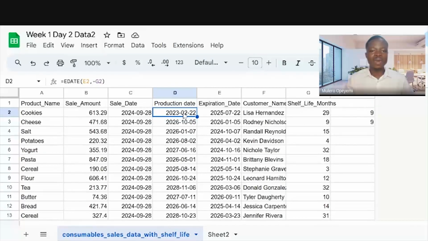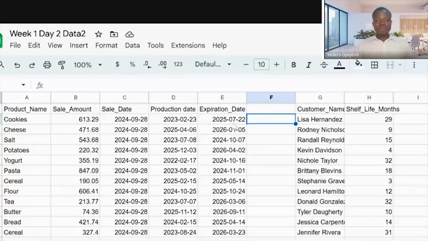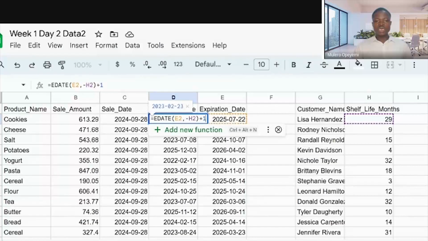It has to be a day earlier. But looking at the formula we just inputted, it's showing 22nd and 22nd, whereas production is meant to be on the 23rd. So now we've been able to explain the concept of EDATE, which means that if you look at the way we got the production date, all we did was we used EDATE, then selected the expiration date, then the shelf life in months. Now, why did we apply this negative? We applied this negative because EDATE generally adds months to a particular date. But since our aim is to subtract, that was why we had to improvise by including a negative.